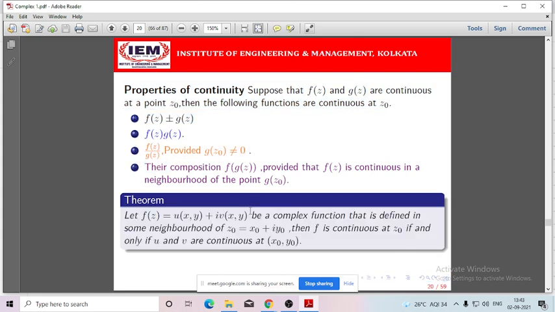Yes, sir. Then here also for continuous functions the same property will hold. That means a function of a complex variable f(z), with real part u(x,y) and imaginary part v(x,y), will be continuous at the given point z0 if both the real part and imaginary part separately are continuous at the point z0, that means (x0, y0). Otherwise this will not be continuous. So in order to make the function f(z) continuous at the given point z0, both the real part and the imaginary part are required to be continuous at the given point (x0, y0) separately.